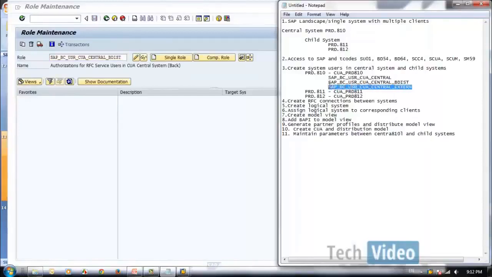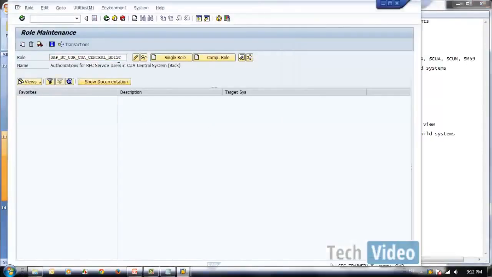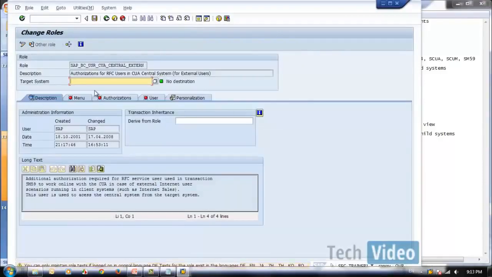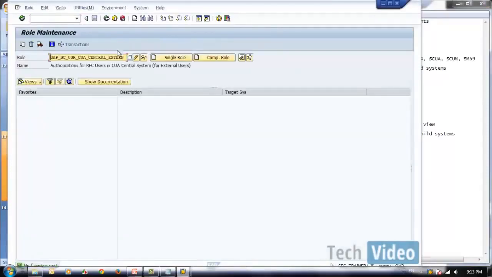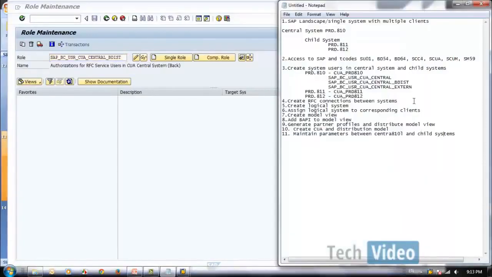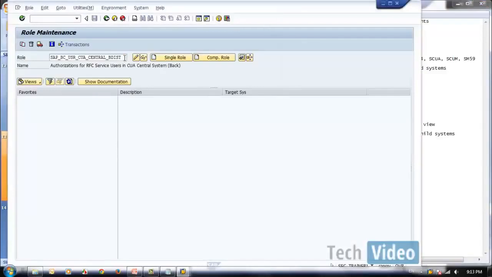Then the third role is for RFC central extension, SAP_BC_USER_CUA_EXTERNAL. Let's take this one, external.